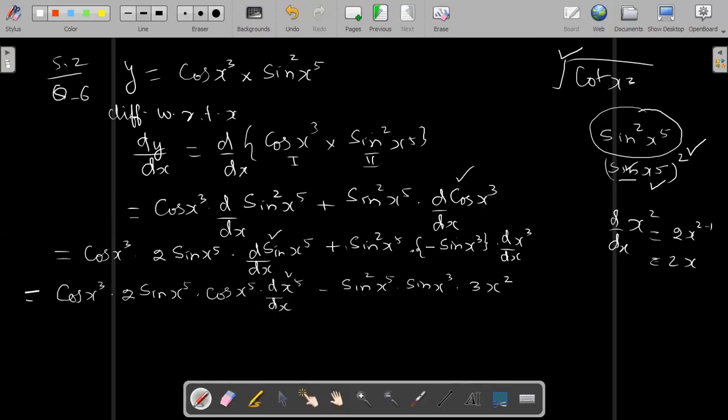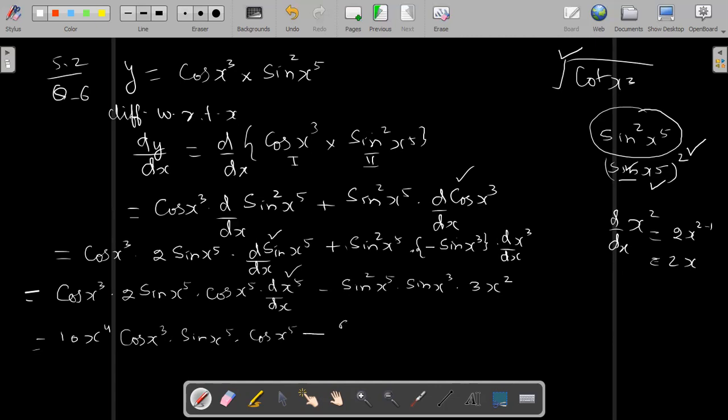Now again one differential is left. x raised to power 5 will be 5x raised to power 4. So numbers we can write in the starting: 2 and 5, 5 will also come, so 5 times 2 is 10. I can write directly 10. After differentiating, you will get 10 x raised to power 4, because differential of this will be 5x raised to power 4. Then cos x cube, sine x raised to power 5 into cos x raised to power 5